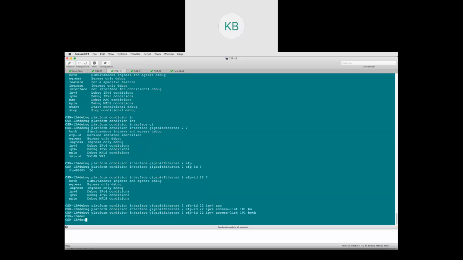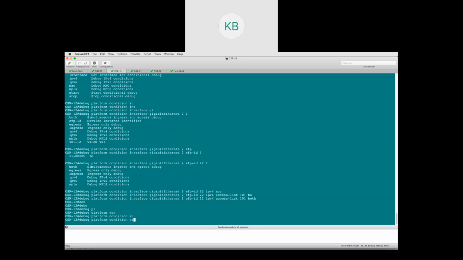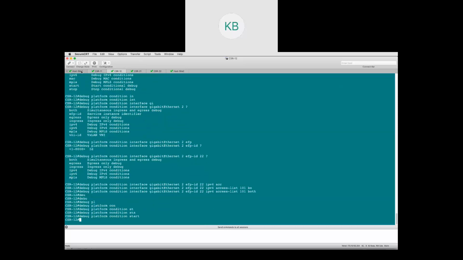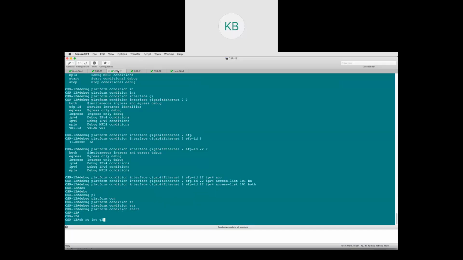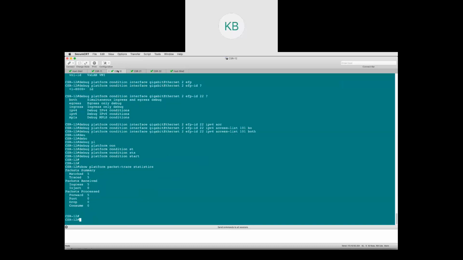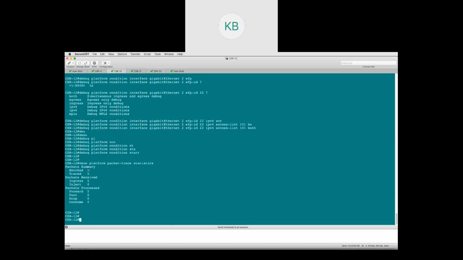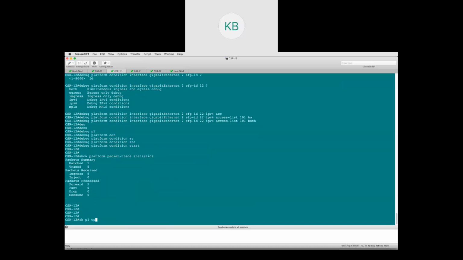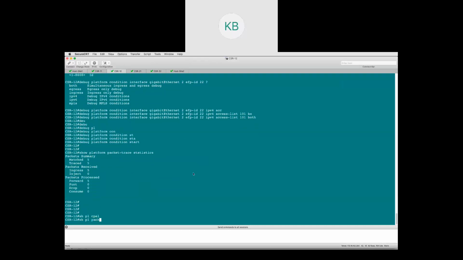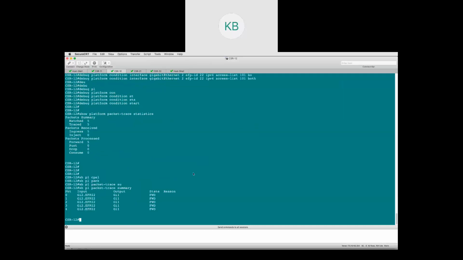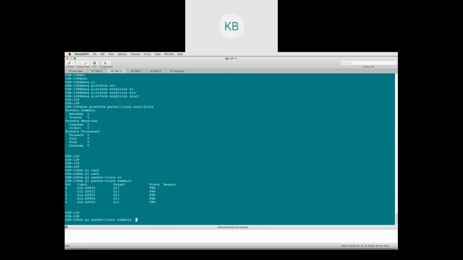So if I do debug platform condition start, and now if I do the ping and the traceroute, and I now do a statistics, you can see I have got 5 packets matched. If I do a show platform packet trace summary, you can see these are the packets I have seen. If you want to look at the packet number,